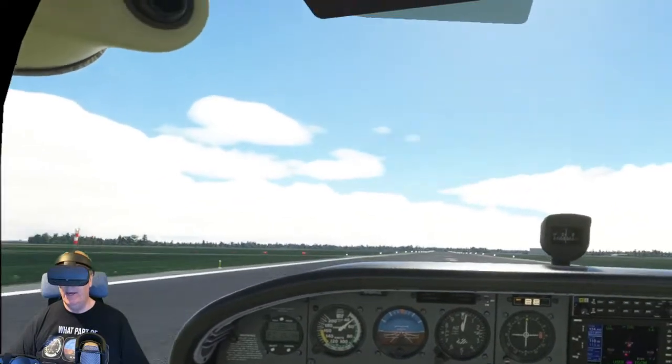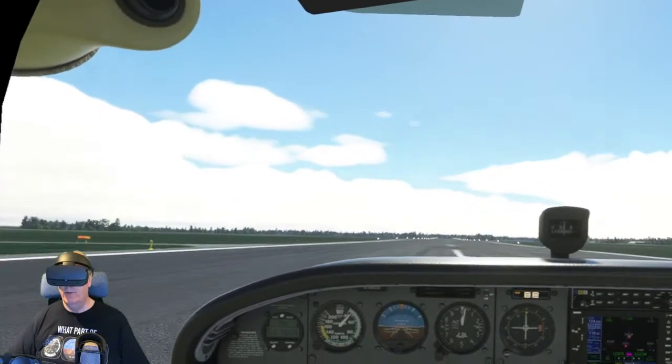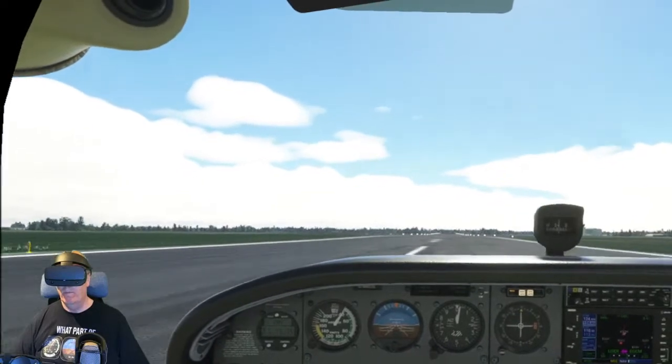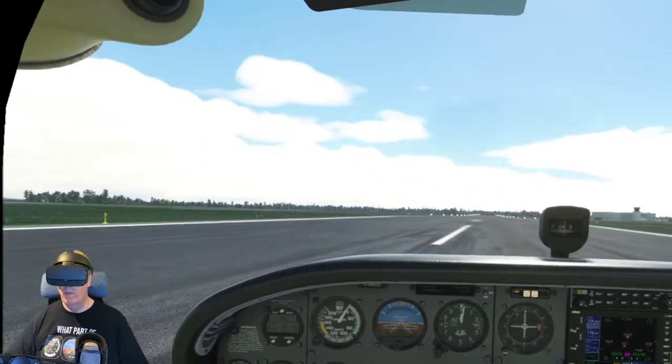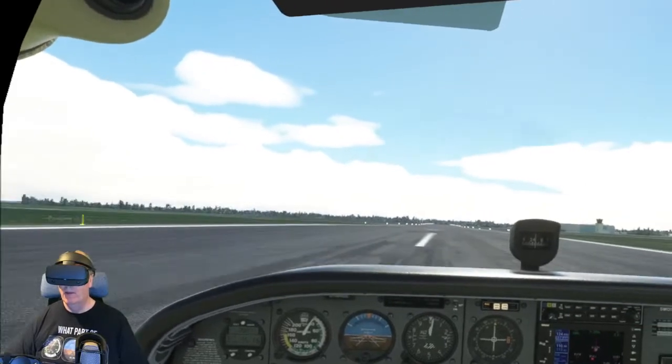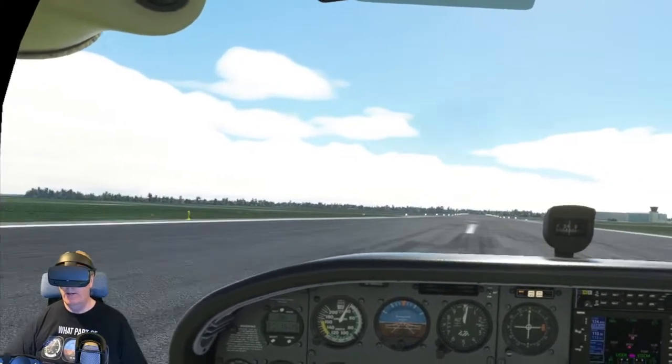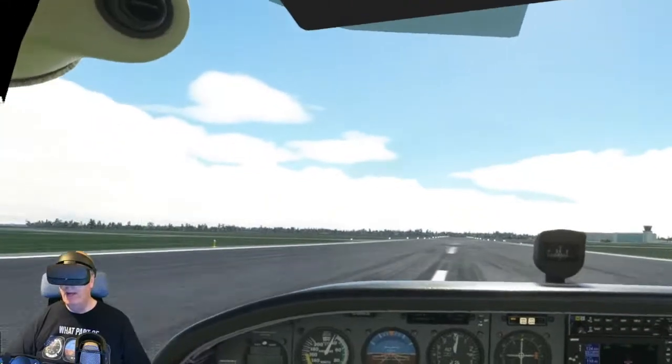Pull back, flare, off with the throttle. Went a little bit wide right at the last minute. Anyway,